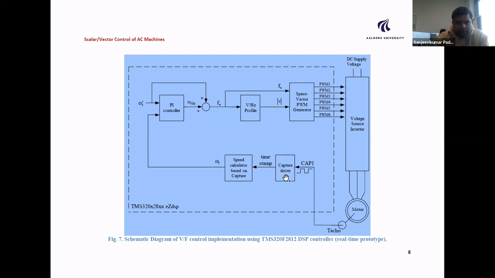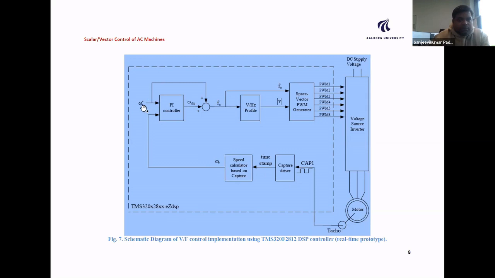So all these parameters are fed to a capture driver, which is time sampled. So you'll get a time sampled value. From the time sampled value, we can calculate what is rotor speed. So from the reference pulses, which is the reference value of your speed, we can calculate your omega by calculations and linearization.